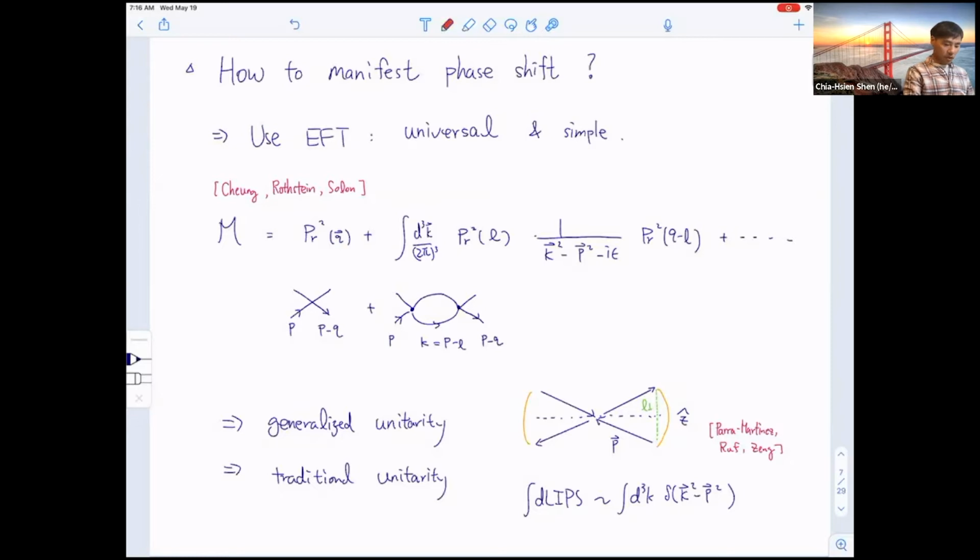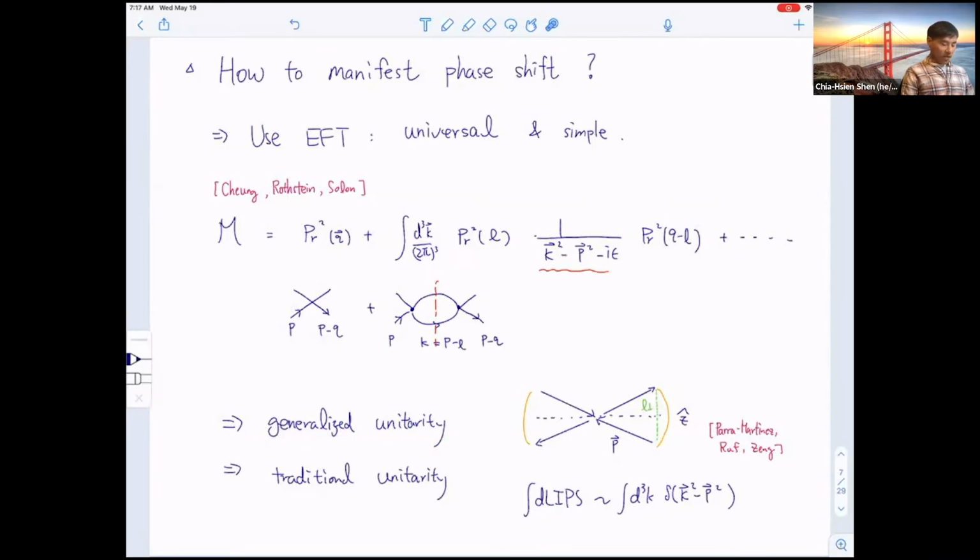So when the denominator goes to 0, this thing really cuts the amplitude in the sense of generalized unitarity, and therefore the iteration structure, all the vertices are simply given by the impetus. So once I know the impetus, I can write down this amplitude to order it in a trivial way. So this basis really manifests generalized unitarity.